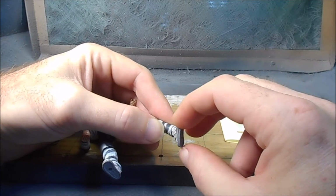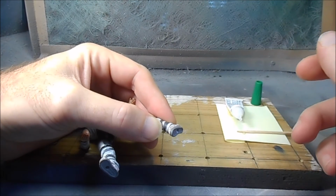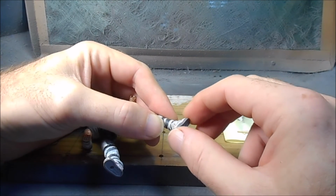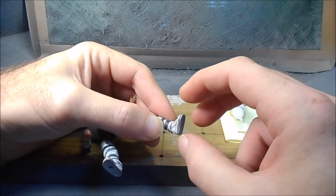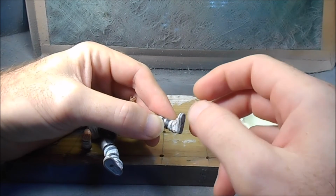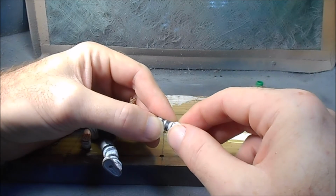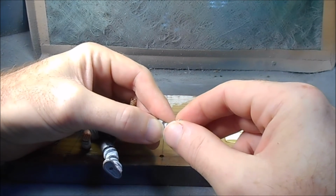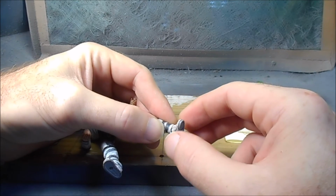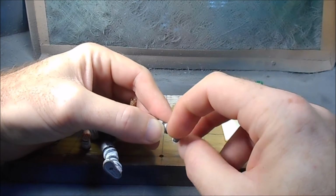Eventually you'll feel it start to tighten up a little bit. Once you feel it set a little bit, give it a few seconds, let it set, and move it around some more. You're going to want to let it kind of take hold. Once it starts to take hold, you're going to break it loose again. Spin it,